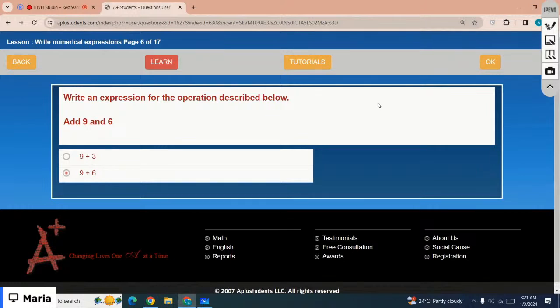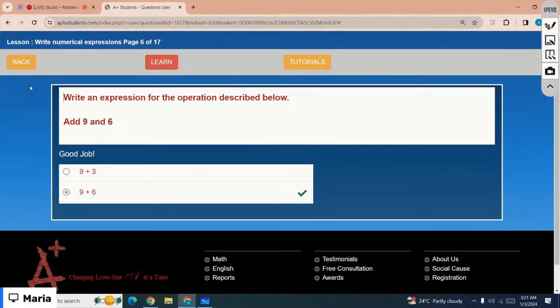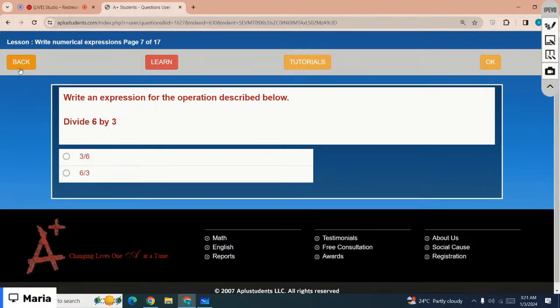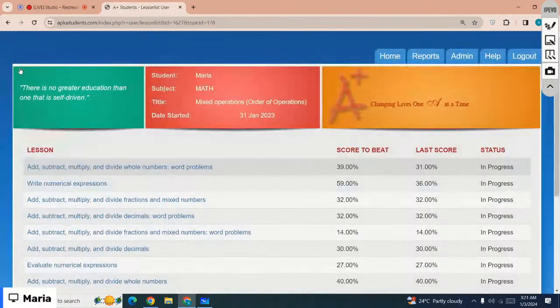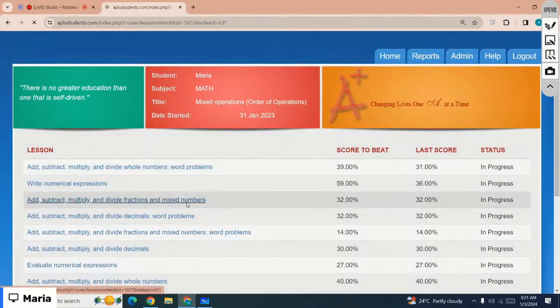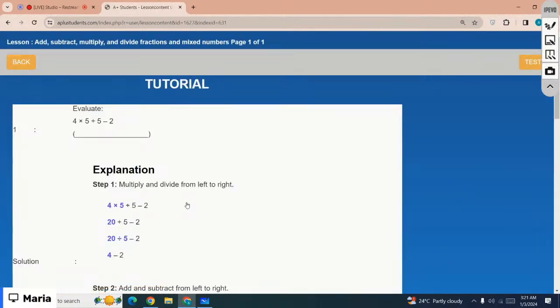Yes, that is the second one. Got it. Okay, you can complete the lesson by yourself later today. Let me just move on to the next lesson, right? The next one is add, subtract, multiply, divide fractions and mixed numbers, right? So we have to perform the same operations, but now we're going to do them on mixed fractions, right? Mixed numbers. So let's just start with the first one, that is 4 times 5 divided by 5 minus